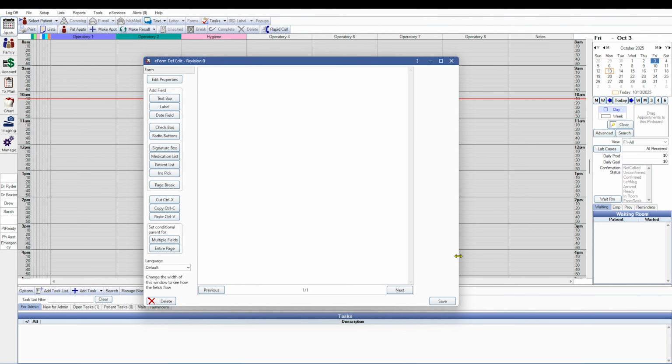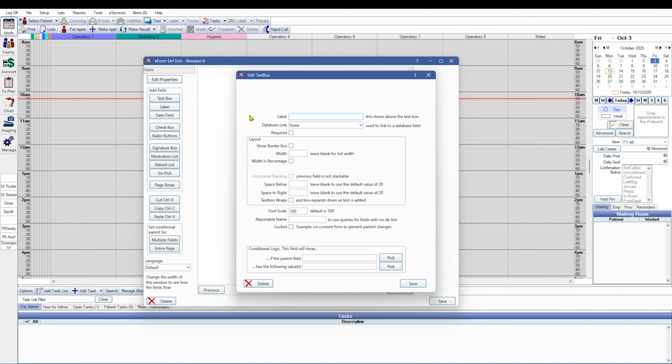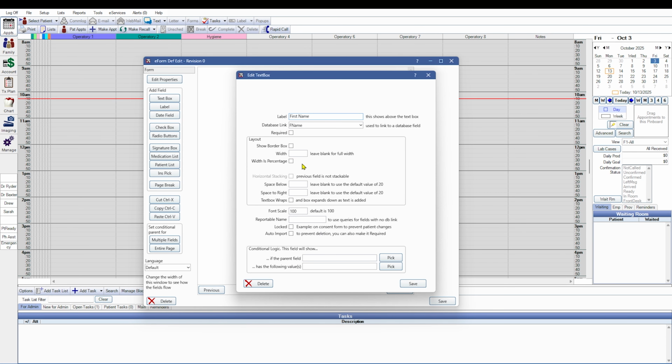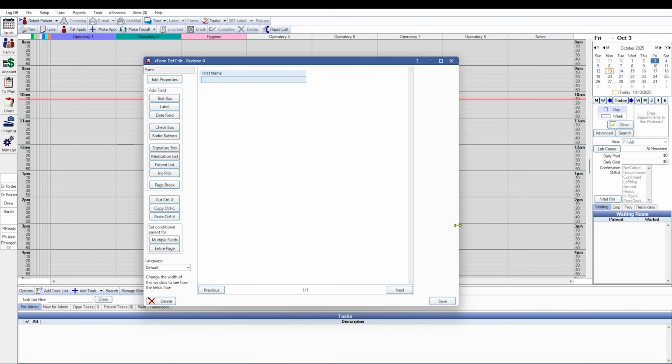Now that we have the basic info set for the eForm, we can start looking at the fields and how they fill the space. So let's go ahead and create a new text box. We will give this label first name, and we'll give it its database link. The width value will give you a static width that will not change. For example, if I set it to 300, it will be 300 if the maximum width of the device is 600 or 300. If we go ahead and save this, we can see it takes up half of the space,